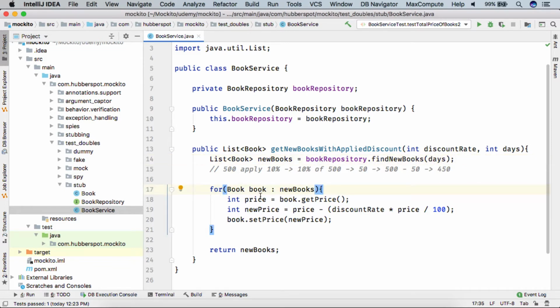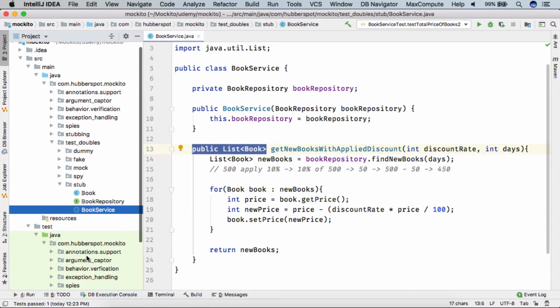Once we got the new books, we iterated over each and every book. We took its original price, and based on the discount rate, we first calculated the discounted price and then subtracted it from the original price to get the new price. Finally we set the new price to the book, and at last we simply return the list of books. If I open the test case of it,